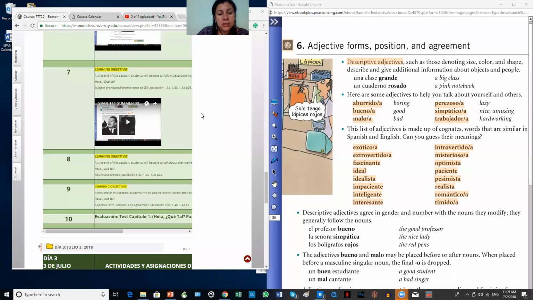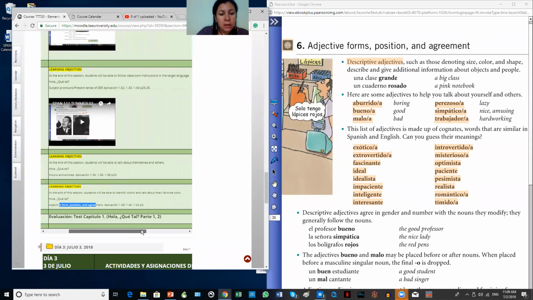The content for this section, as you see here on the screen, is adjective form, position, and agreement. So we're going to pay attention to what to do with adjectives depending on the gender and the number of a noun in Spanish. And because of that, we continue with the same